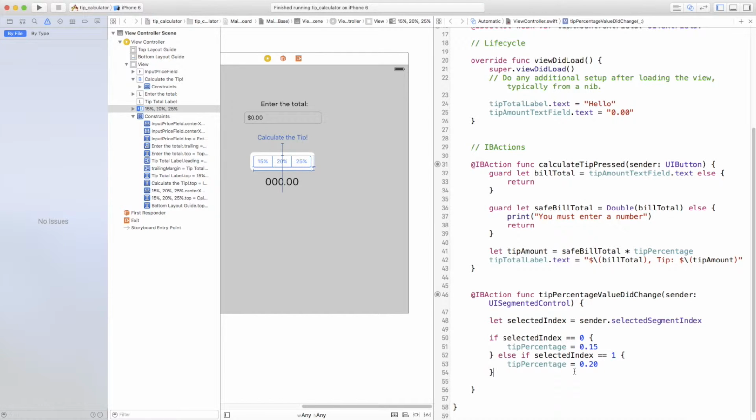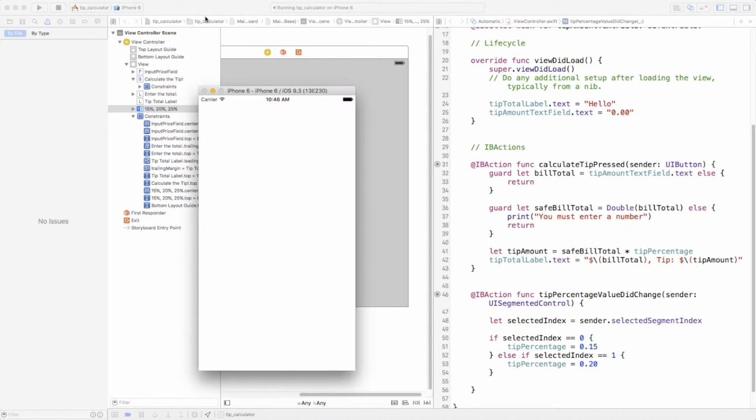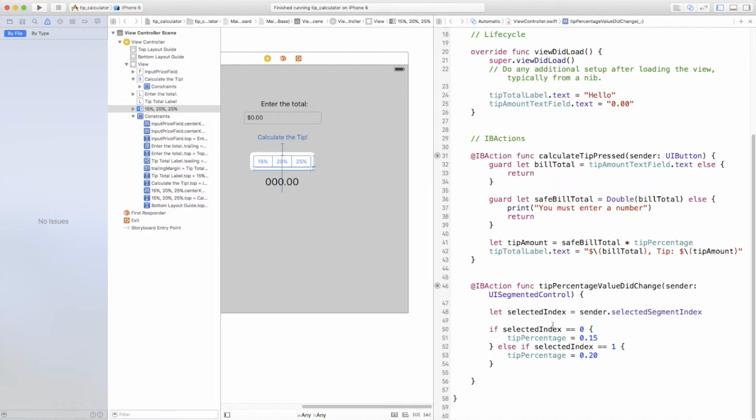So let's go ahead and just test this little code block and see what happens. Let's enter $20, $4. Now let's set this to 15% and calculate the tip again. $3. Seems like it works. Set it back to 20%, calculate the tip, $4. Awesome. If we remember back to our code, when we have more than 2 options, it's better to use a